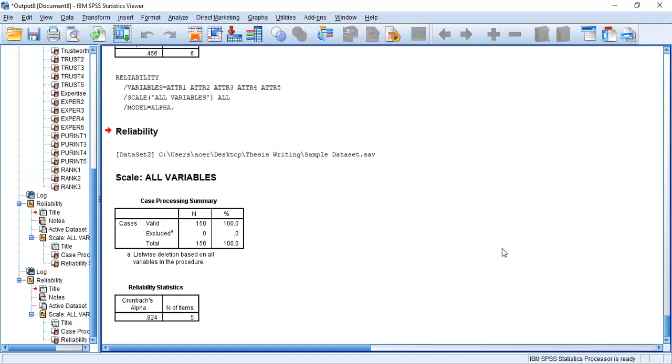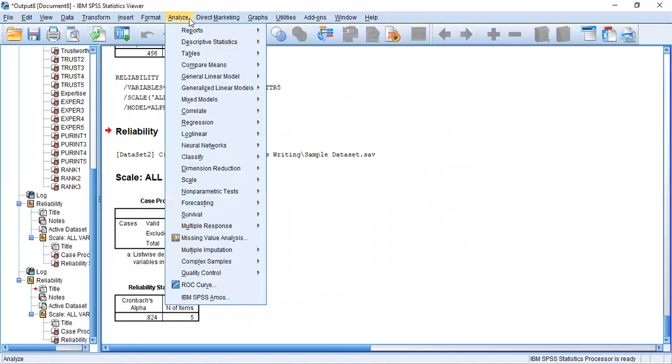After checking your reliability, you can prepare a table based on the Cronbach's alpha values, and you can follow that format. I have already uploaded a sample document in your LMS. Then we need to check your factor analysis, or your validity. Therefore, we need to run the factor analysis. Go to Analyze, then Dimension Reduction, then Factor.